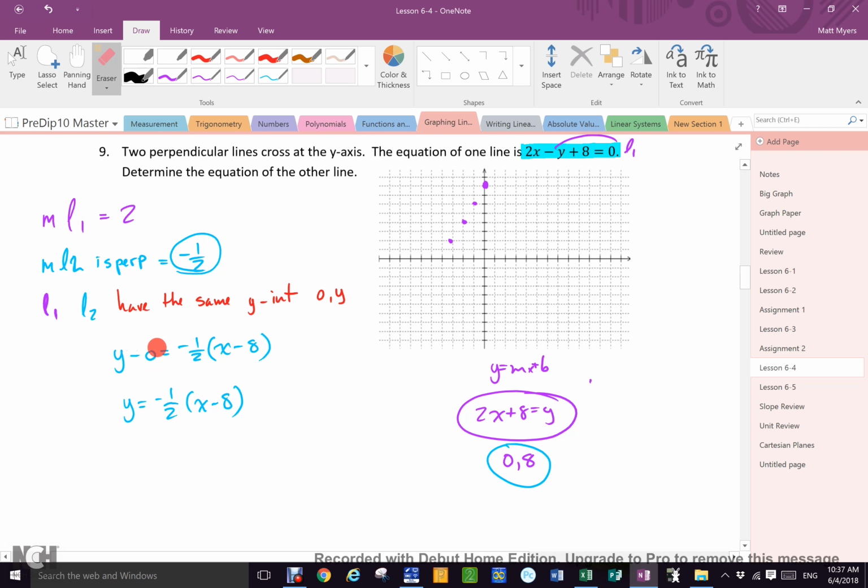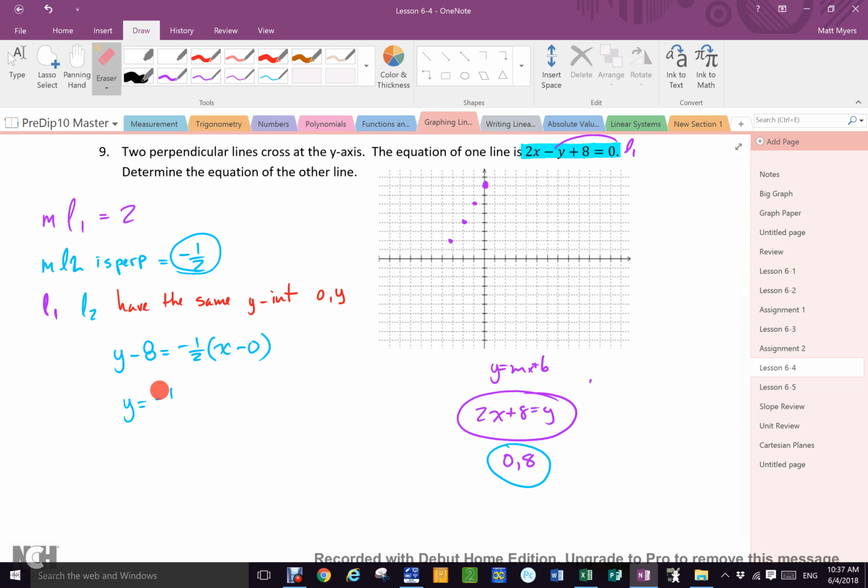Whoa! Stupid Ed Myers. Danger, Will Robinson, danger. What did I do wrong in blue? You switched the x and y. Yes, you do know. What did I do wrong, Luke? Switched the x and y. Yeah. This should have been y minus what? And this should have been x minus what? 0. So it should have been